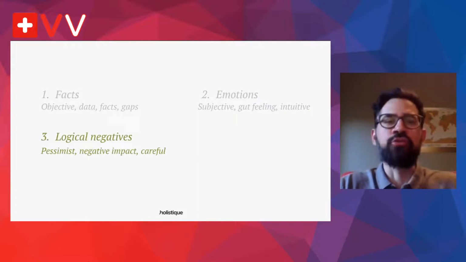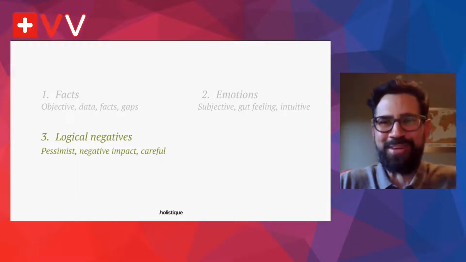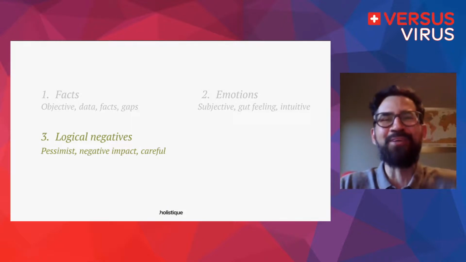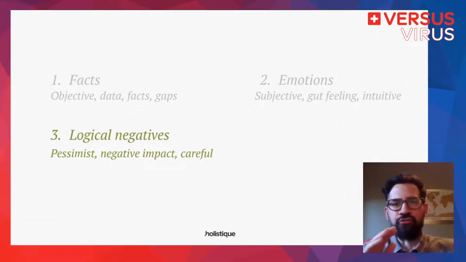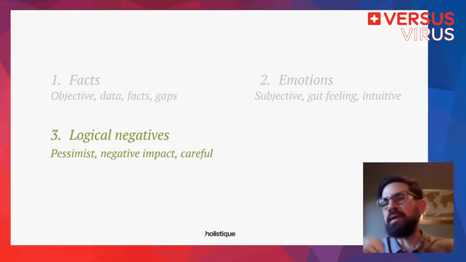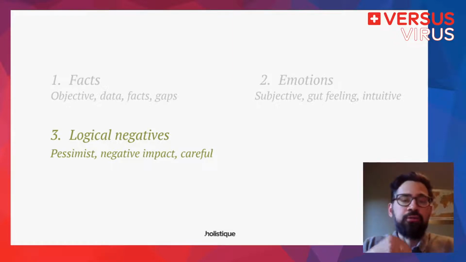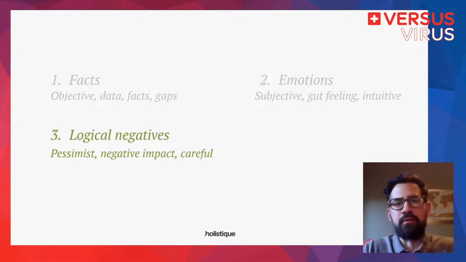A third area that you can do is focus on logical negatives. This is being the pessimist, which I think at these times maybe comes more naturally to many of us than usual. So in this type, act as a pessimist. Just think about the negative impacts, be really careful, think about what can go wrong, and write those things down, maybe list those out, categorize or prioritize those, think of what the biggest 3 negative impacts could be,